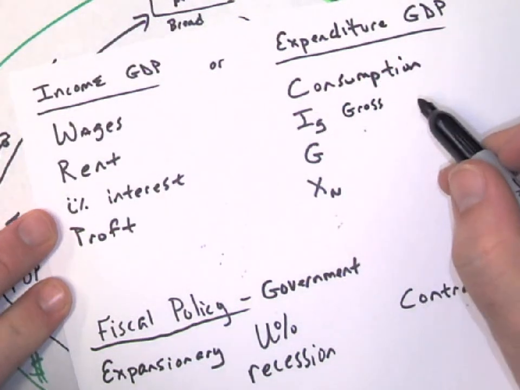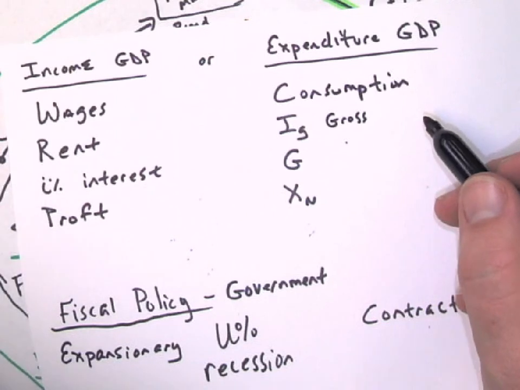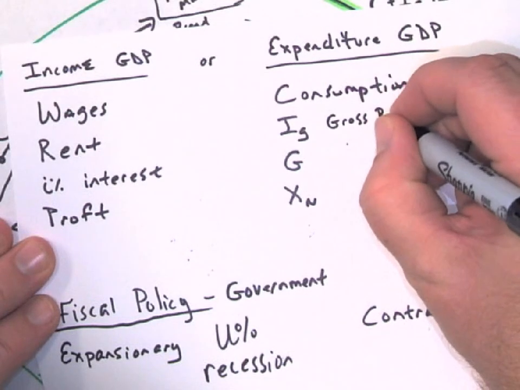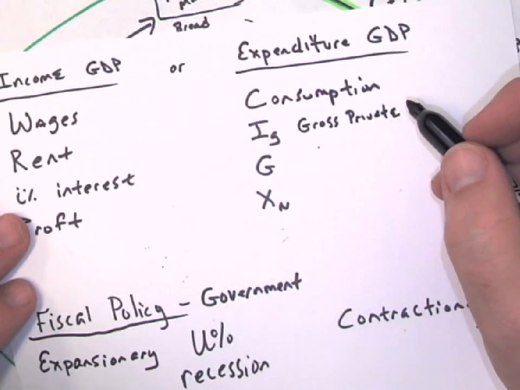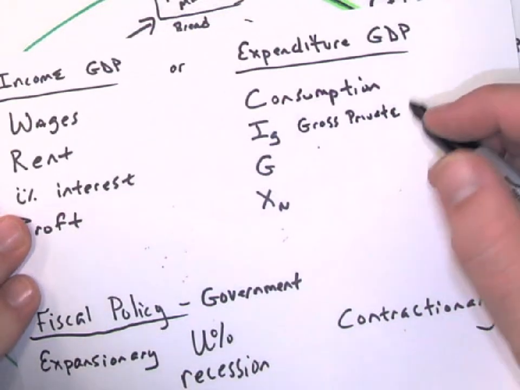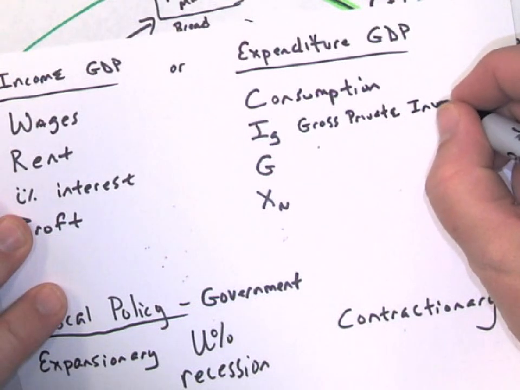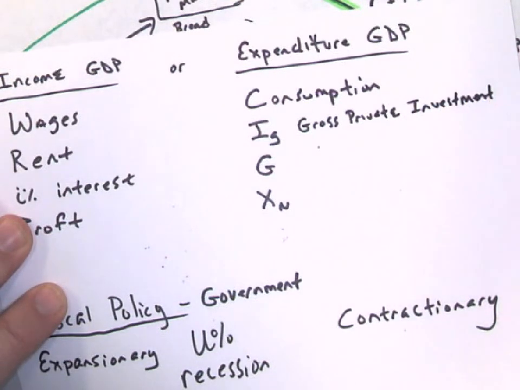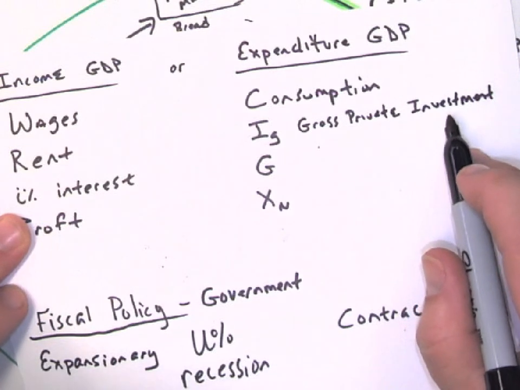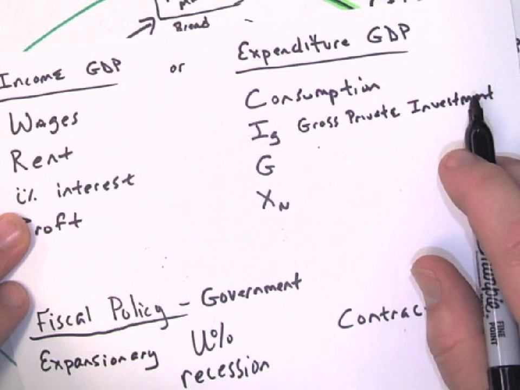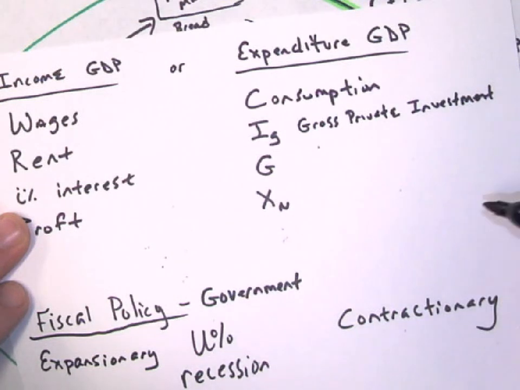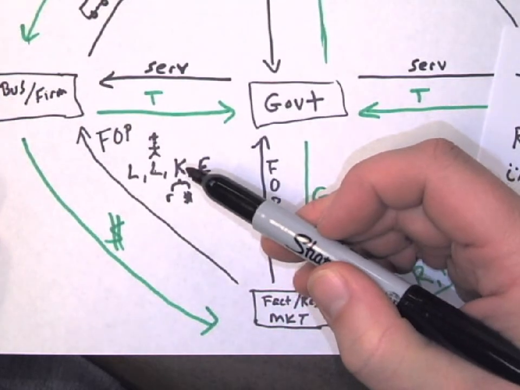Okay, gross means that it's the full amount. It hasn't had anything subtracted. And private means that it's not the government. That means it's people doing their investment. Okay, so gross private investment. What investment means is that consumers are going to purchase items that will help them in their business side. So if you buy a computer and use it at your place of business, that's an investment. Okay? And those investments are what's going to lead to capital increasing.